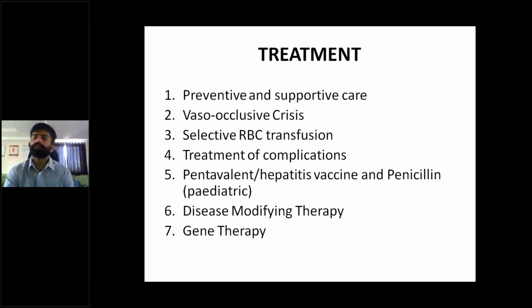So you can tell them there's a 25% chance that their kid will have sickle cell disease, not sickle cell trait. Sickle cell trait of one parent, sickle cell trait of the other parent together can produce a 25% chance of sickle cell disease and a 50% chance of sickle cell trait and a 25% chance of normal progeny. So because there's a 25% chance, you have to prenatally counsel the parents that this is what is going to happen if they are going to have a conception.